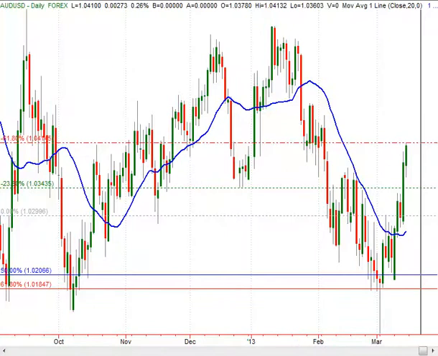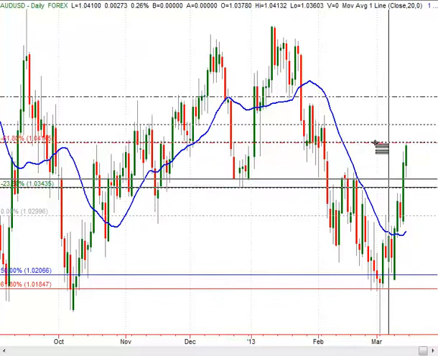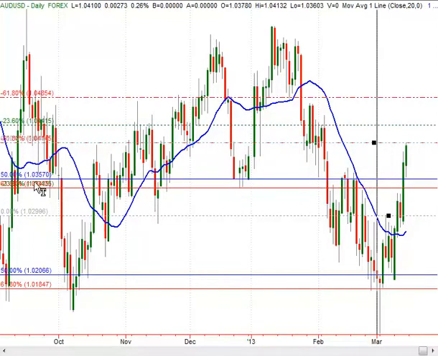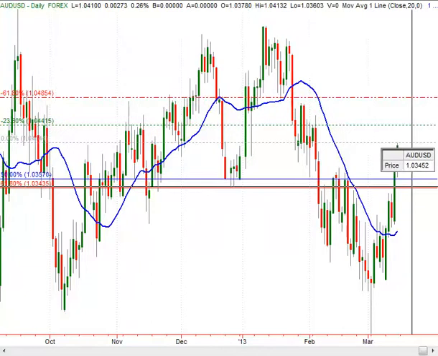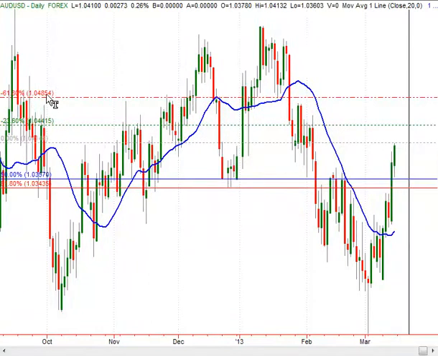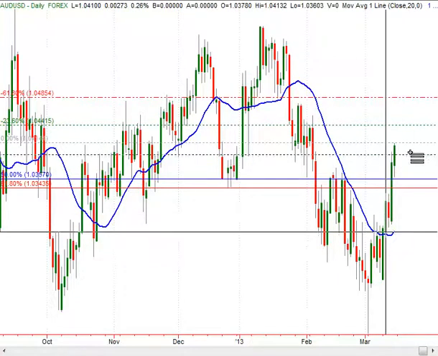So at the moment there are two possible outcomes here. That is, it's a continuation higher in extensions, in which case we could see price back into the 103.60 area of support at the beginning of next week, and then price hit the 104.40, and then continue higher in the extension target in 104.80 level here. But it's also possible that we get a full retracement here if we get a stronger